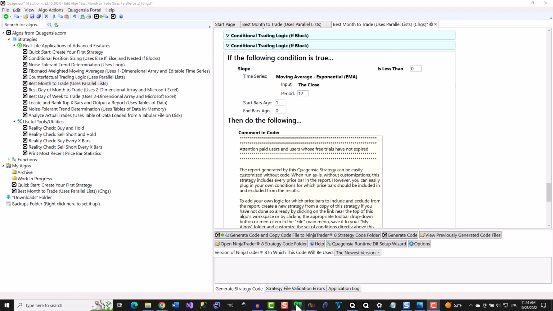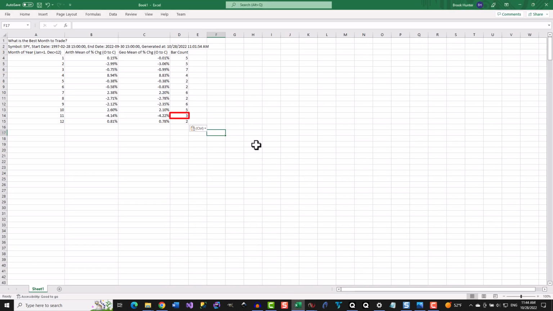The second thing that stands out is that the 3 November monthly bars since 1997 that matched our criteria were down by an average of over 4%. Granted, a sample of only 3 bars is hardly statistically significant, but remember that November was one of the best months for SPY since 1996, as determined by a report without customizations, so adding our filter turned November from a good month for longs into a bad one. This shows the importance of always customizing reports to match the current market conditions of the instruments you trade and rerunning them rather than just running reports without customizations.